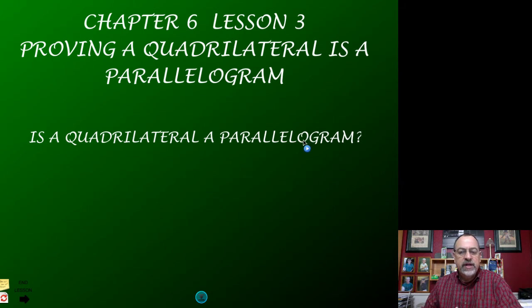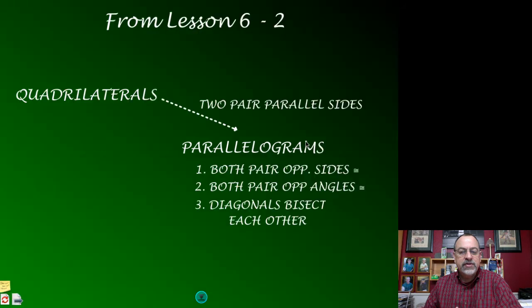Now, we did go through a classification process and we asked certain questions in that first lesson. We asked, are the two pairs of opposite sides parallel? And based upon that, we classified it as a parallelogram. Then we took a look at these parallelograms and certain characteristics that were true, and basically they were in the